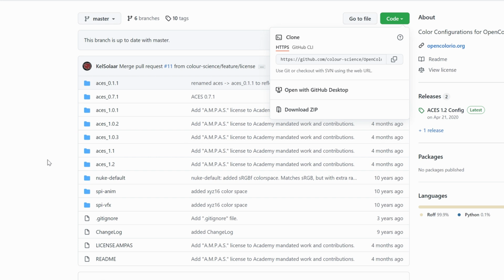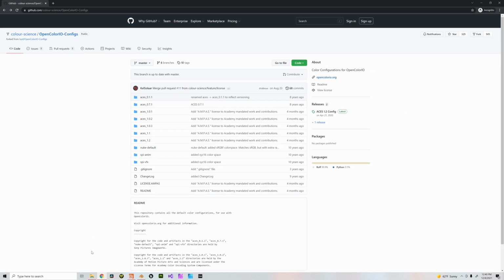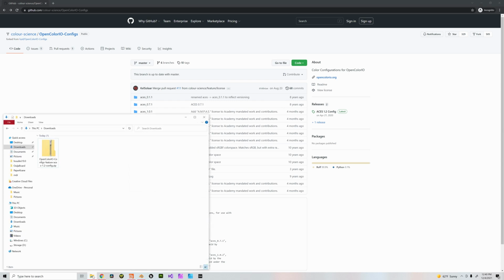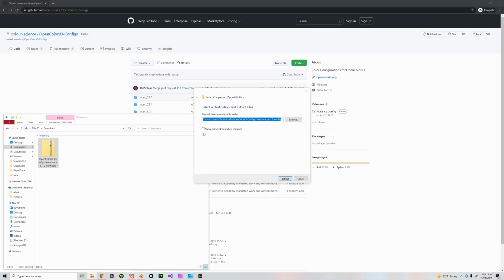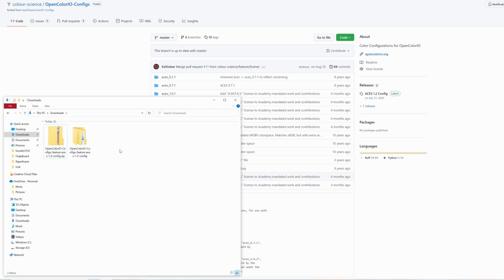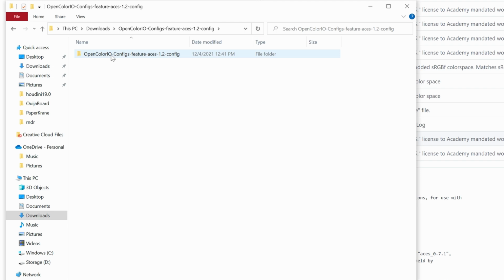And it is a big file, so it will actually take a little bit of time to download. I already have it downloaded though, so let's just go ahead and extract that particular file. And again, it's a big file, so it will take a little bit of time to extract. Once we have it extracted, we're going to go ahead and open that file,